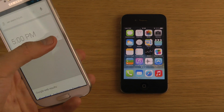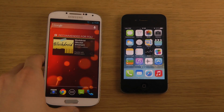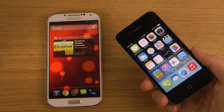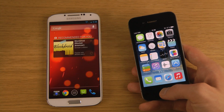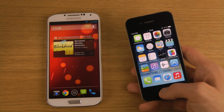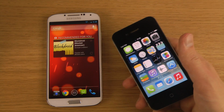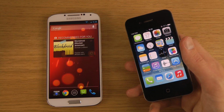Setting alarm. Now, of course, these voices and things, usually you can do that with iOS. But just because I'm having the iPhone 4 here, not the iPhone 4S, not the iPhone 5, I don't get Siri. So let's see here. I do know there's one kind of voice thing that you do get, but I don't think you can do cool things like that on the iPhone 4, and that could be a little bit